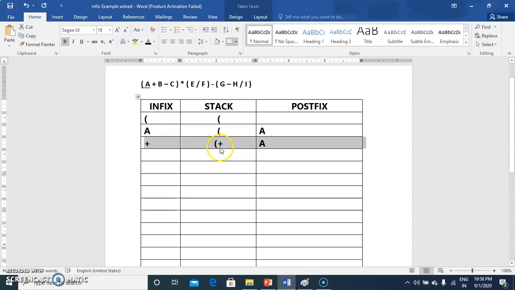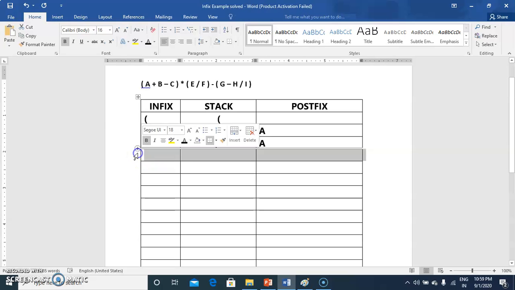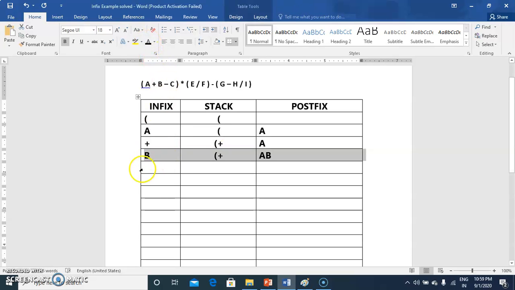As an operator is coming, you are going to compare it with the stack top, but on stack top only the opening bracket is present, so you need not worry about it. Just push your operator on the stack. Now B is coming, display it in the postfix expression.